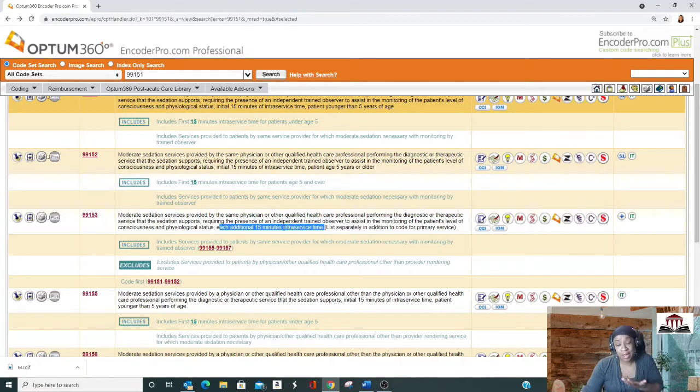Because I work in pediatrics, for my team, we have a reference sheet where I add things together and give them ranges, because it's not uncommon for us to have like 100 minutes of sedation or a certain number of minutes of sedation. And I want to make sure we don't lose any units. So I make a little reference sheet for my team with the ranges, so they can just go right to it, get the number of units and keep it moving.